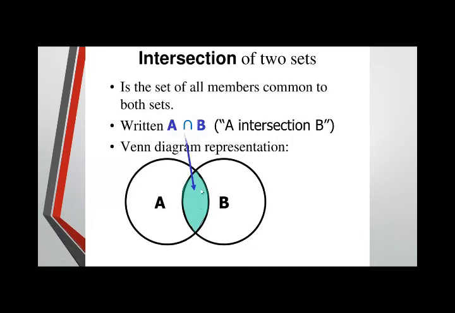Here we only shade or color the central part which is overlapping both circles. So this shaded part or colored part represents the intersection between both sets. As you already know, the members which are common in both sets form the intersection between two sets. So those numbers are written in this section and we shade this section. So only this section represents the intersection of two sets. But the whole diagram is for two overlapping sets.